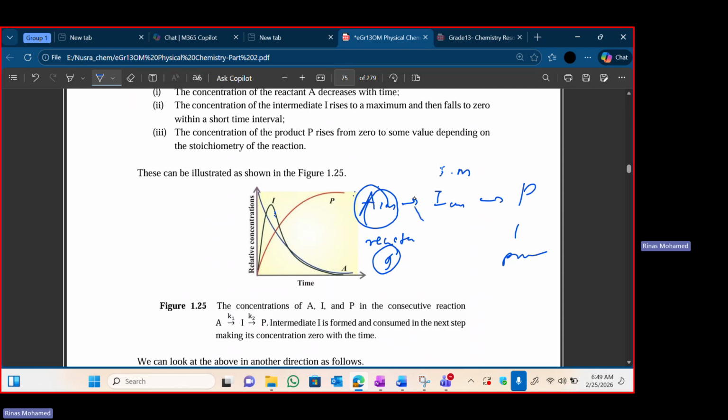Now we have to consider the concentration of the intermediate, right? Intermediate we did not add, so initially its concentration is zero, but it increases with time. It increases quickly, because that means the first step is faster. Then after that, with time, the slower step. If the first step is the faster step, we will say the first step is